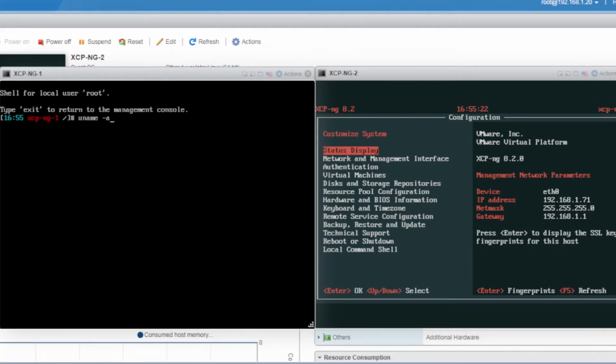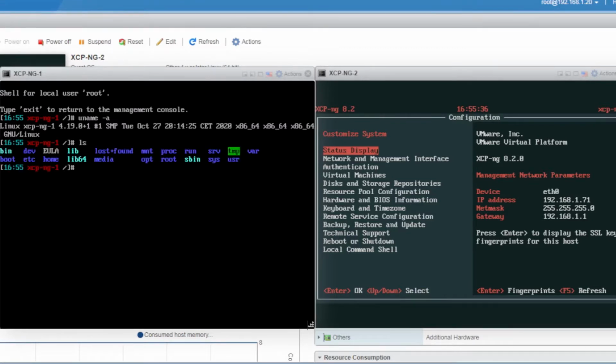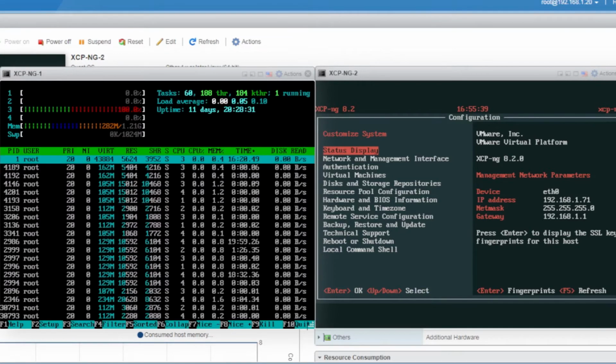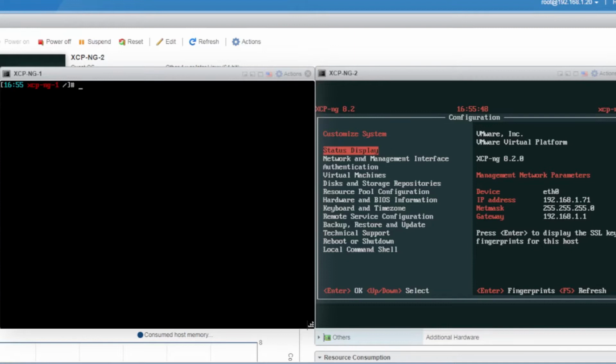XCP-NG is based on CentOS. I'm not sure if that's going to change in the future, since Red Hat is doing some strange things with CentOS. But there you can see the uname, so you have all your standard Red Hat style Linux commands available. There are a couple of times that you do have to use those commands in order to change configuration files,